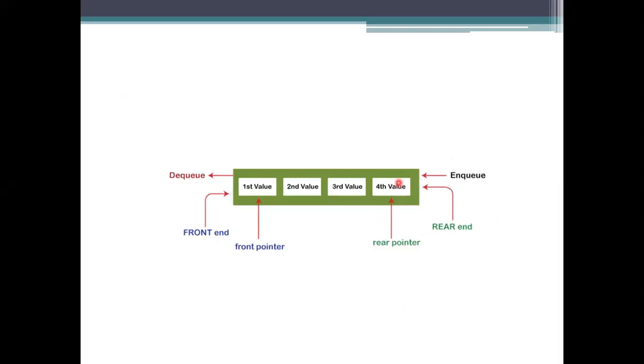So when you enter the first element, it will be presented here. When you enter the second element, it moves to the left. And at the front end, it takes the first value to be deleted. If there is only one value, the rear is at the first value, and the front end is also pointing to that first value.